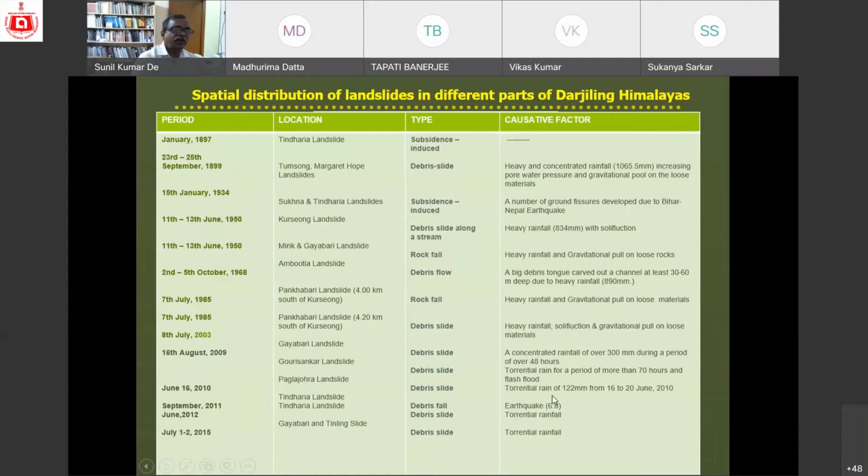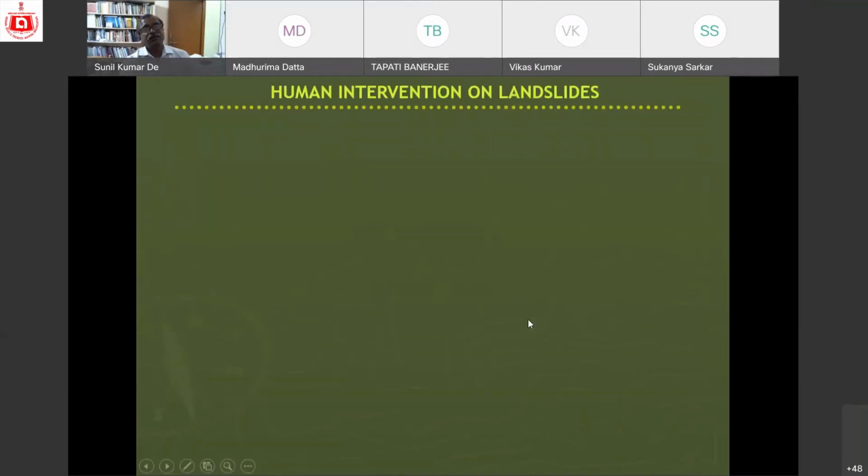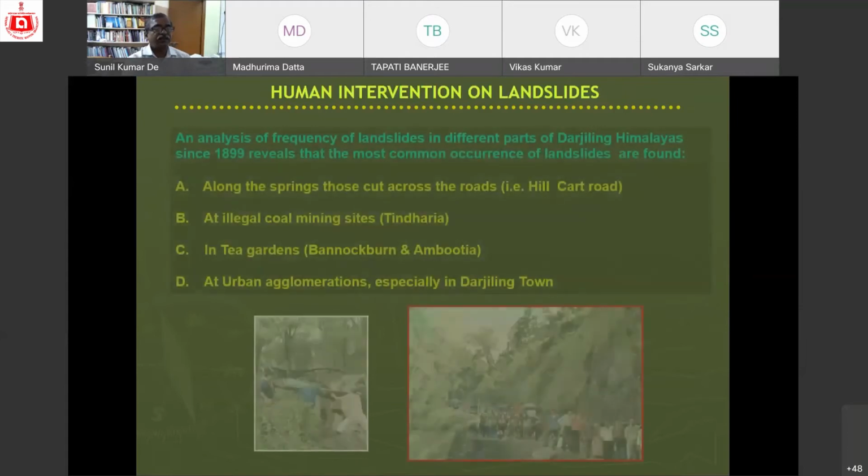So before that, in 1950 somewhere, there was a minor earthquake, of course, because the epicenter was in different positions. So earthquake and rainfall both used to play this role in occurring landslide in Darjeeling Himalayas, and nowadays these human activities. Now, if I come to this, many of the participants here may have seen these photographs, but for the sake of this causes, I need to discuss it again.